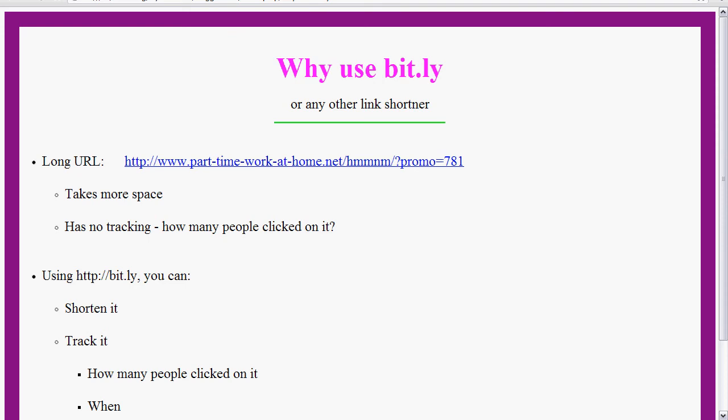Alright guys, today we look at why we use bit.ly or any other link shortener. If you have never used bit.ly or similarly named link shorteners, the way they are spelled out is unusual, but